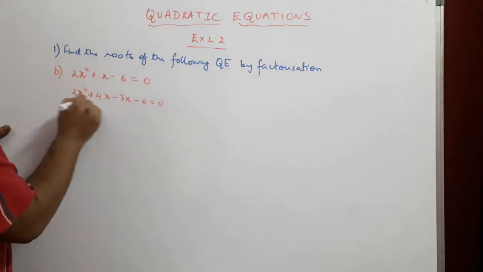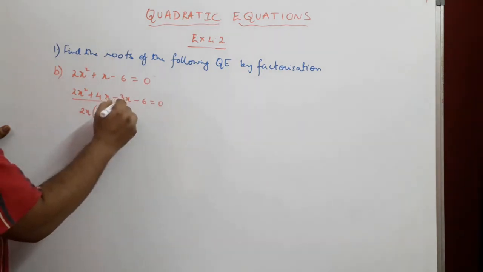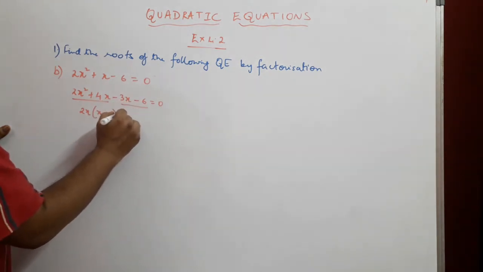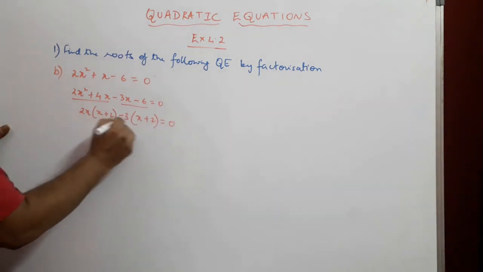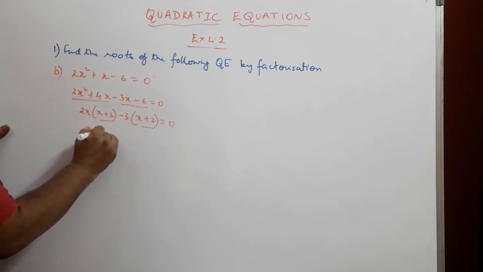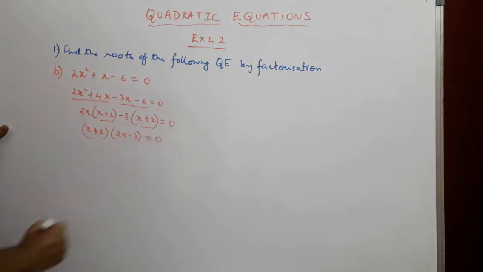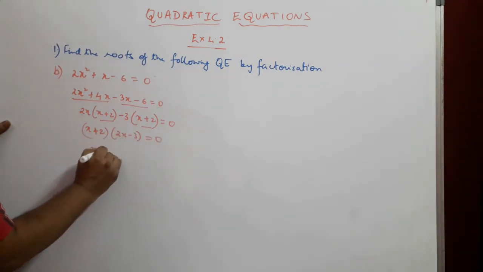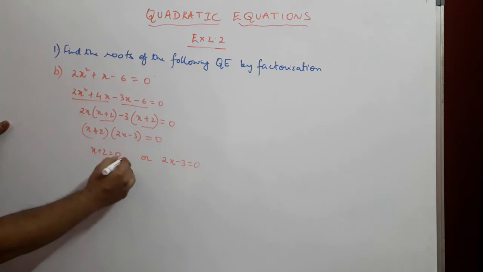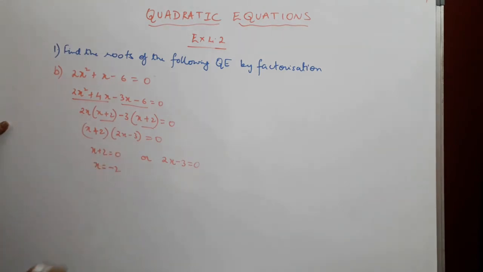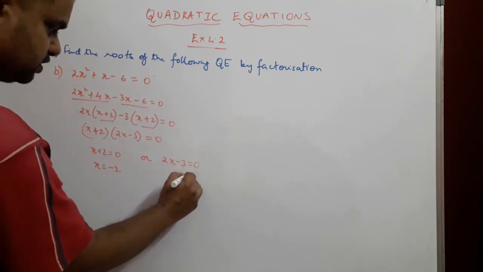Okay. Now we take 2x common between the two, we will get 2x, and what remains behind is x plus 2. Here we will take minus sign common and 3 common between the two. So minus 3, what remains is x plus 2 equal to 0. We take what is common, x plus 2 in one bracket, and what is left in another bracket, 2x minus 3 equal to 0. Okay, so we can write x plus 2 equal to 0 or 2x minus 3 equal to 0. Take 2 on the other side, we get x equal to minus 2. Here we take 3 on the other side, it becomes positive 3, and we take 2 down. So we will get x equal to positive 3 upon